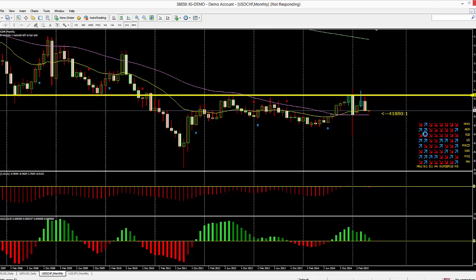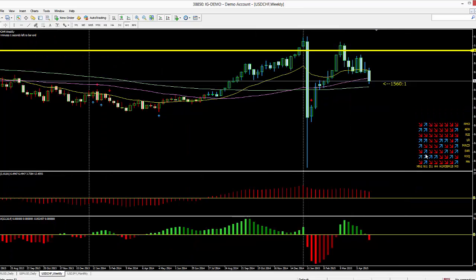On the weekly, there's a lot more positiveness at this particular level. There we go, you can see the candlesticks. It's finally decided to refresh itself. But what we still see is positiveness. Candlesticks have been pulling back because of the negativity we've seen through. But the bias for the US dollar is still far better than the Swiss franc.